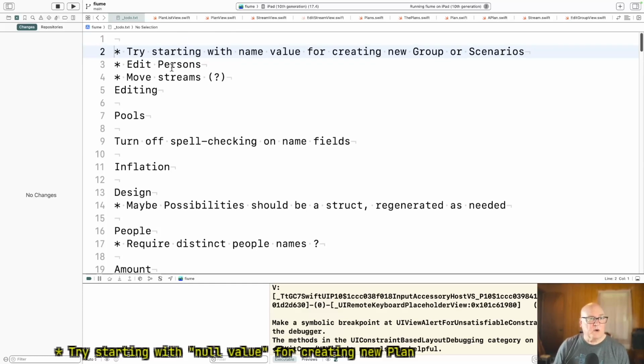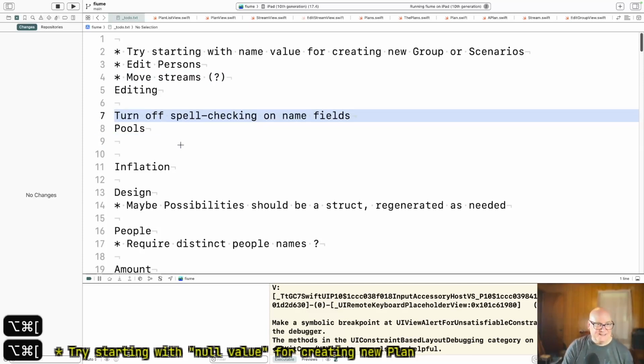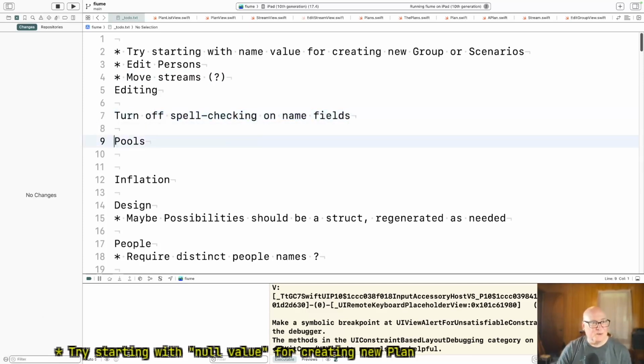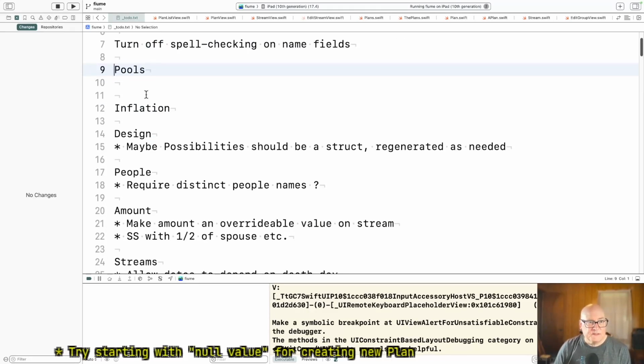And then mostly tomorrow, I think we'll get editing persons working. I'm not going to worry about moving streams just yet. I think that one's a pretty good sized thing, and you've got the functionality with delete and create. Clunky, but you got it. Okay, turn off spell checking. I'm going to do that tomorrow as well, assuming things go okay on person. And then pools,